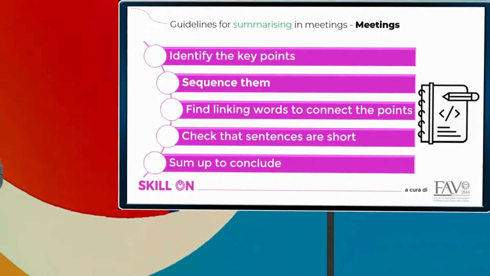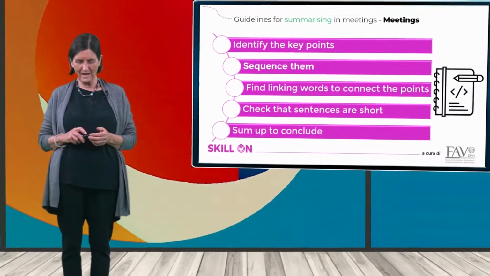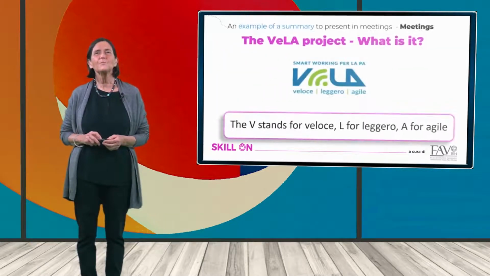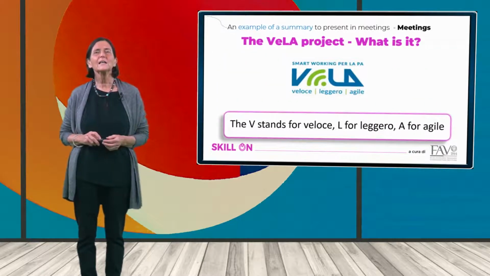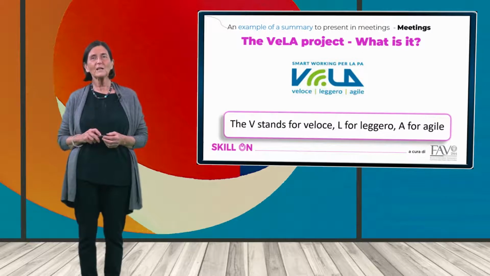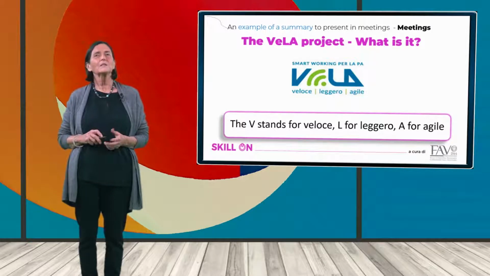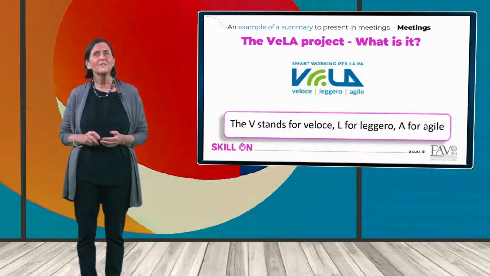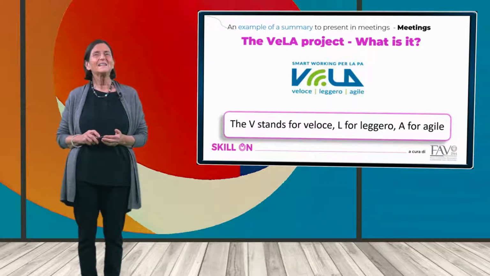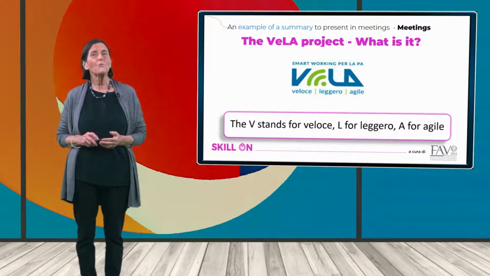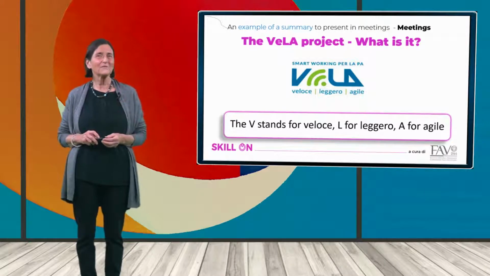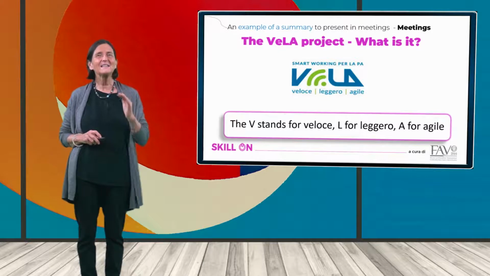Now let's look at one of our projects. In fact, the first that we're going to look at is the Vela project. The Vela project, so what is it? In fact, some information you can get from the logo. It's smart working for public administration, and the V stands for veloce, and in fact the E of veloce is